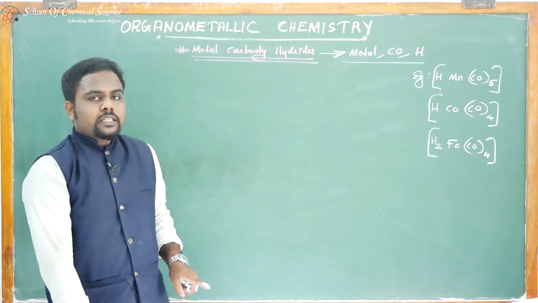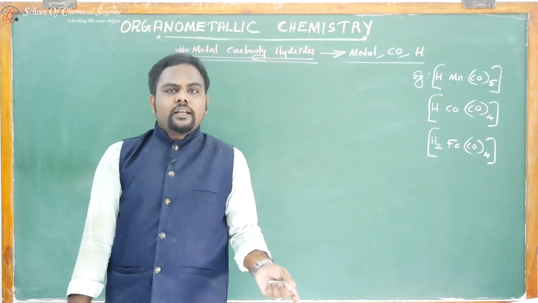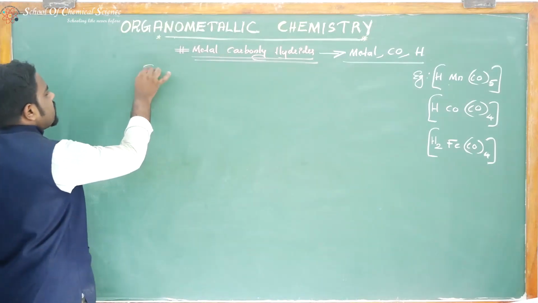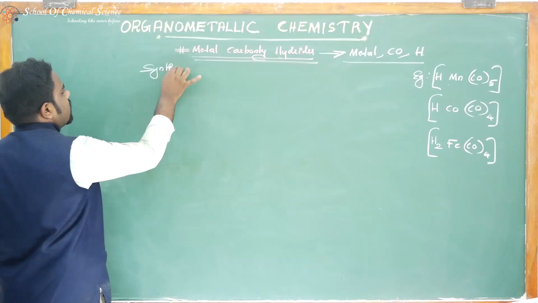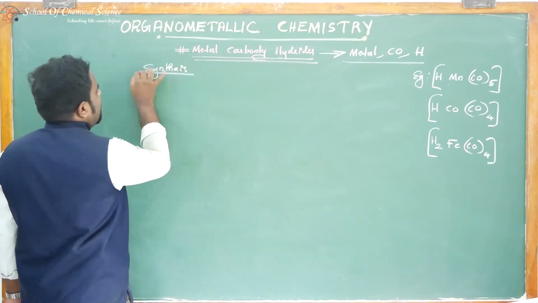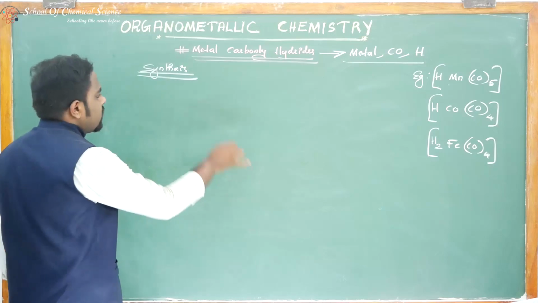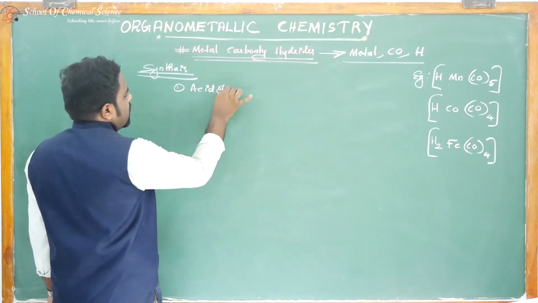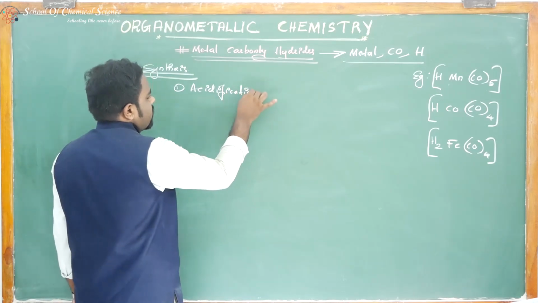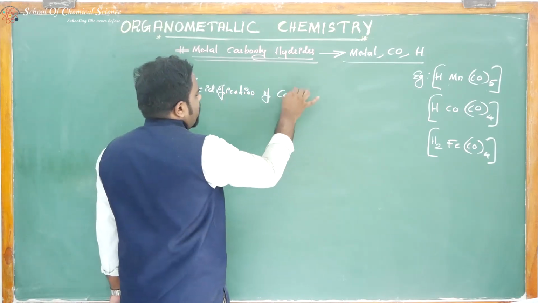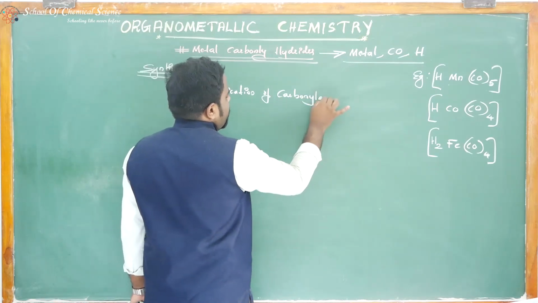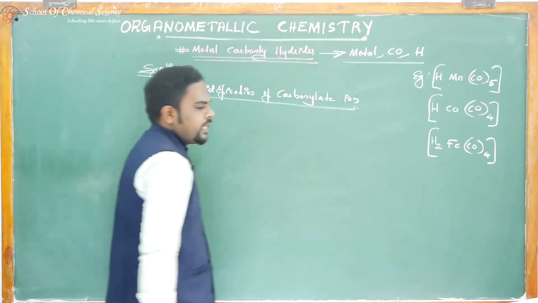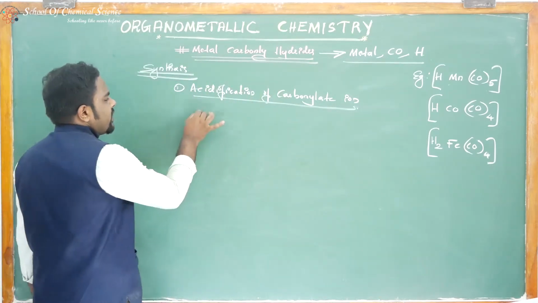In the last lecture we discussed the acidity of metal carbonyl hydride. That's an important topic for our exam. Then how can you synthesize metal carbonyl hydride? Synthesis. First method, acidification of carbonylate ion. You know what a carbonylate ion is; we already completed carbonylate ion. Acidification. For example,